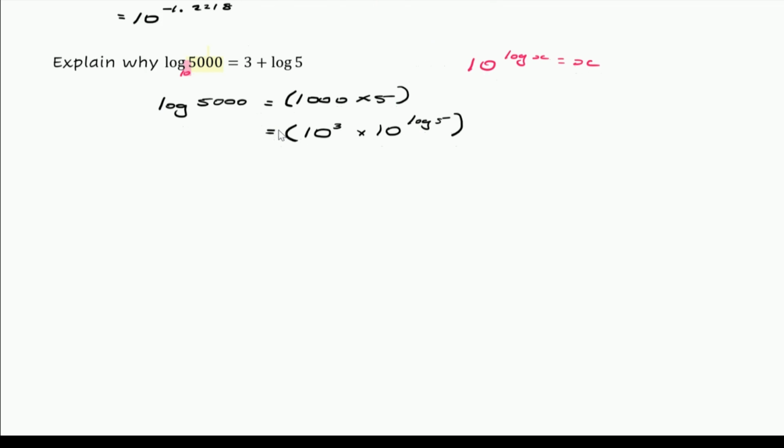Oops, I've been really silly and I've forgotten to write log before all of these. So let me just move that over. Log, there we go. Now we can see here, because of course this is an implied base 10, I'm able to cancel out these two base 10s here. So this is going to leave me with